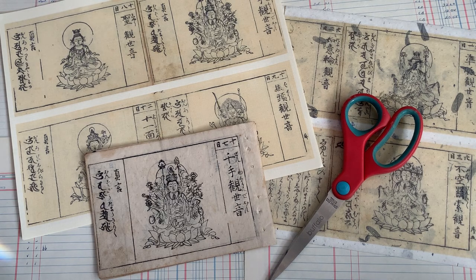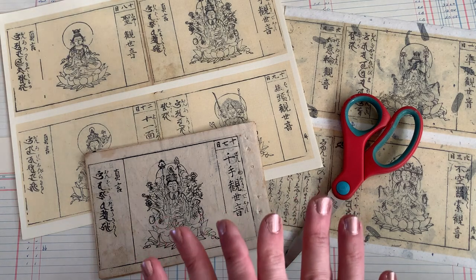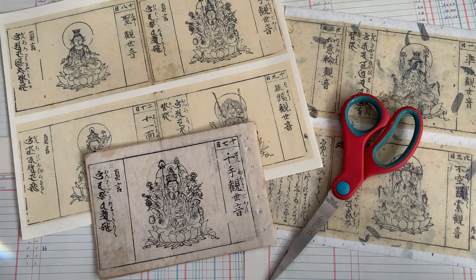We are having our 12 days of gifts to make for your crafty friends, and today's gift idea is a mini Quan Yin booklet. Now I'm going to do two variations. One, if you're under a time crunch and you just need a really quick little paper gift or something to throw in, maybe with a Christmas card or with a letter to a pen pal, to give them something a little bit more than just the card. And the second variation is going to be a complete mini Japanese themed junk journal